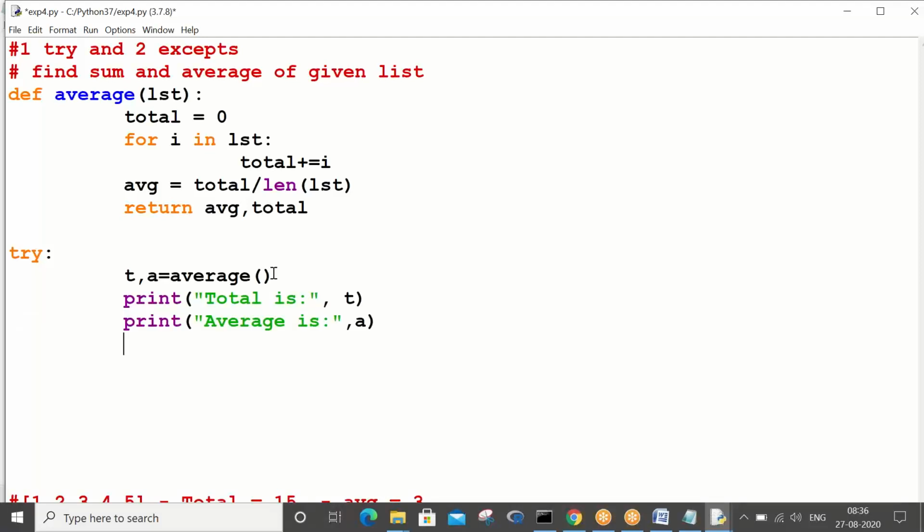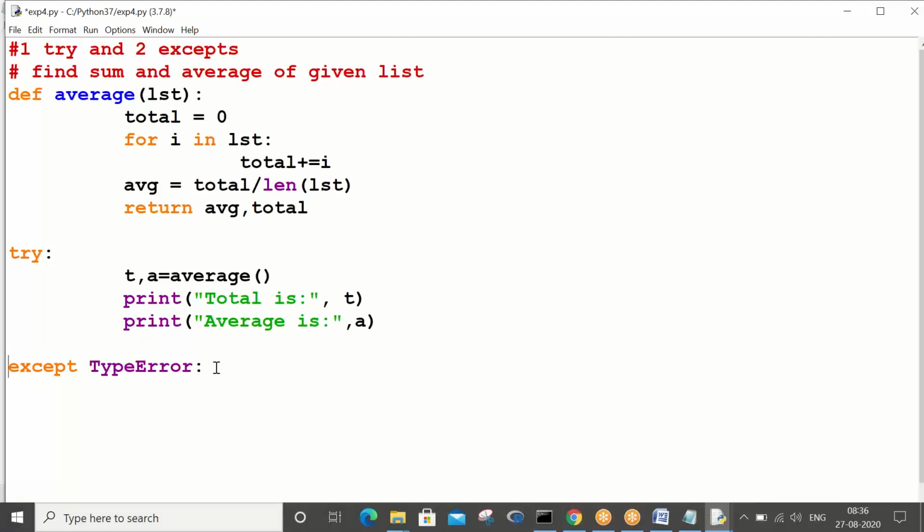That's the reason the else block is not mandatory all the time. Okay, fine. Now we have displayed in the try block only. Now except. So this is one way of writing your exception.